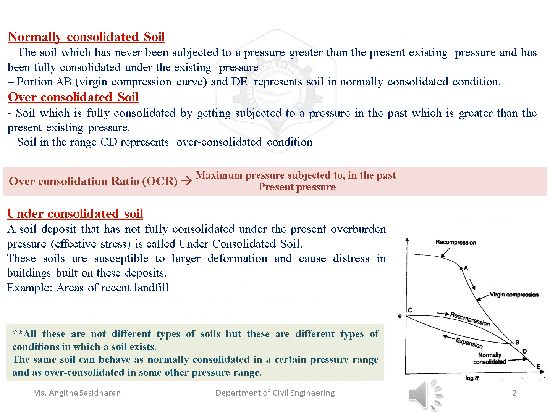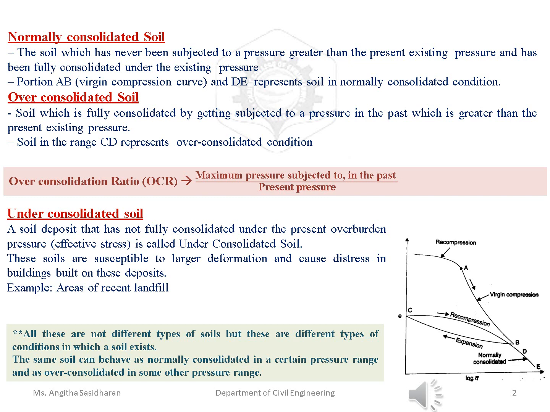Let's have a look at the e-log-p curve, which we have already discussed in our previous lecture. This shows the consolidation experienced by a particular soil, which has the parts like loading part, unloading part, and again reloading part. So this will give the behavior of a soil under consolidation, and with this we can distinguish between different conditions like normal consolidation, over consolidation, and under consolidation. The soil which has undergone consolidation can be categorized into these three. So we'll see what is normally consolidated soil.